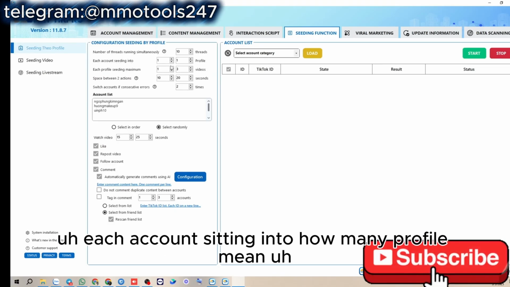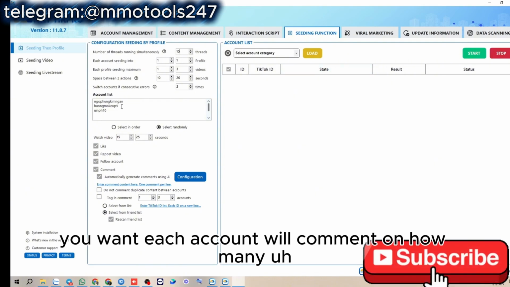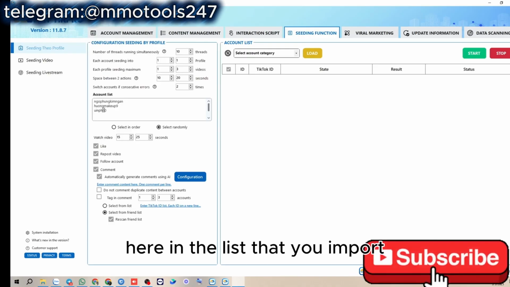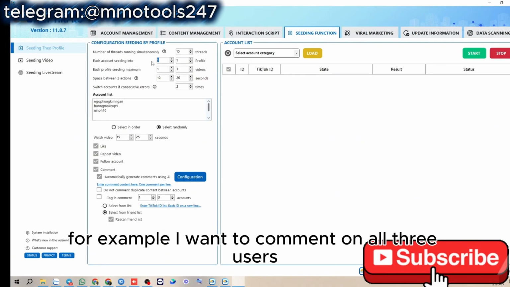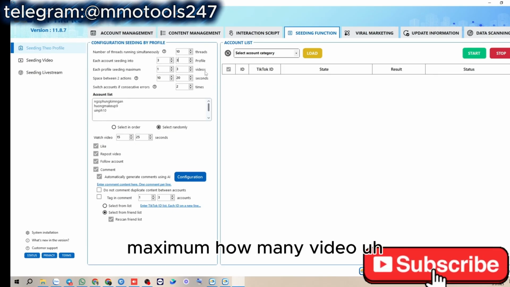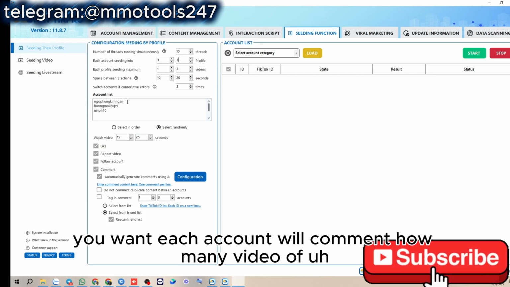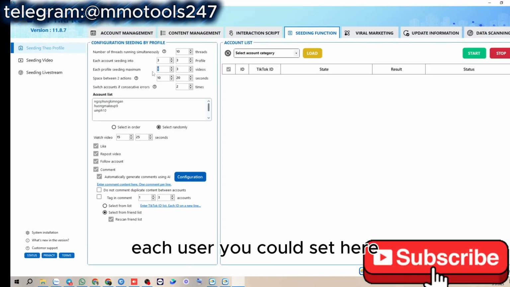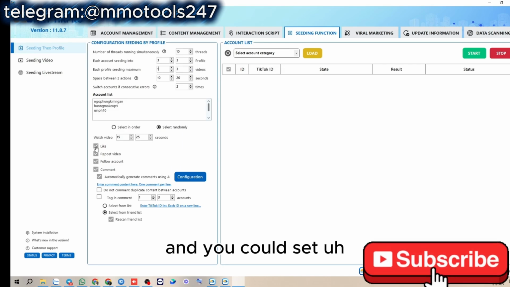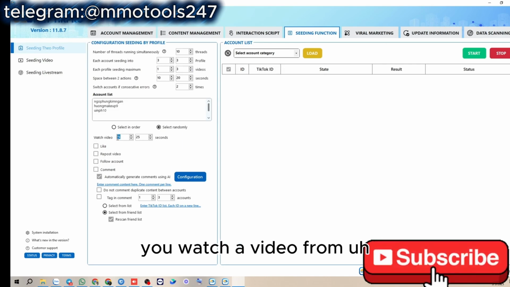Each account setting into how many profiles means each account will comment on how many users in the list that you import. For example, I want to comment on all 3 users, so I set it to 3. With each profile setting maximum, how many videos you want each account to comment on for each user. You could set here, for example, our software will set from 1 to 3 videos, and you could set the time you watch video from